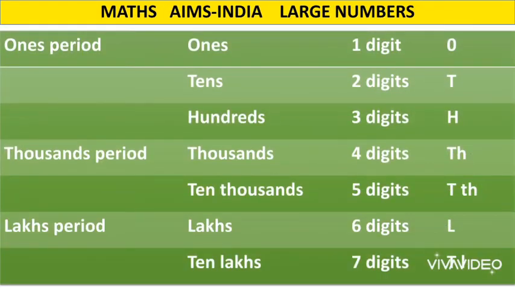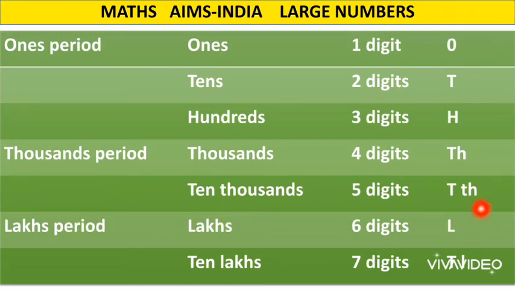Now look at this table here, children. This table sums up all the place values we have learned today. Starting from which is the first place value from the right side? Yes, ones. Then comes tens, hundreds, thousands, 10,000s, lakhs and 10 lakhs. You might be wondering what this 10 lakhs at the bottom is. Don't worry children, you will know. You just need to remember that after lakhs we have a place value called 10 lakhs which falls under the lakhs period.